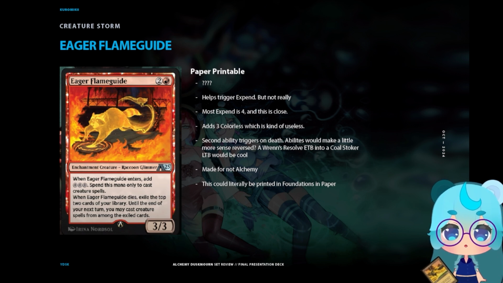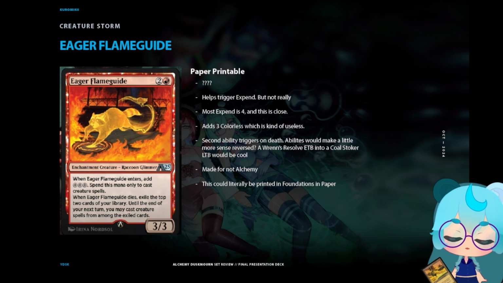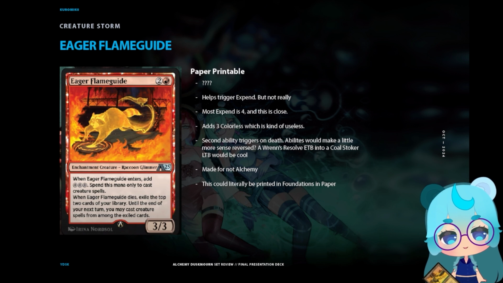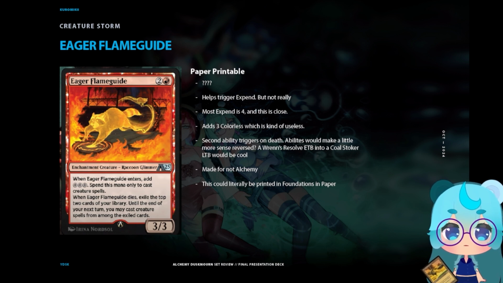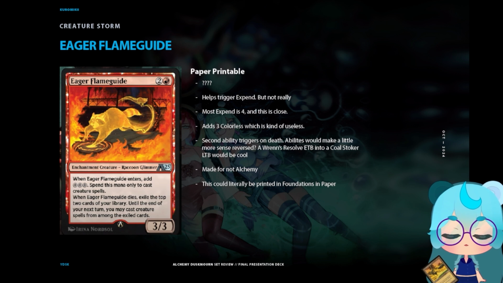Similar to Aethermech, the Eager Flame Guide might just be one of the weirder ones that could just be printed in paper. I'm really confused as to what the designers really had in mind when they made this. The only thing I can think of specifically is that it does kind of help you in triggering the expend mechanic, which is what the raccoons in Bluegrove were built around. However, most of those triggered off of expend 4, which is already so close to the Eager Flame Guide's mana value anyways that it doesn't really...